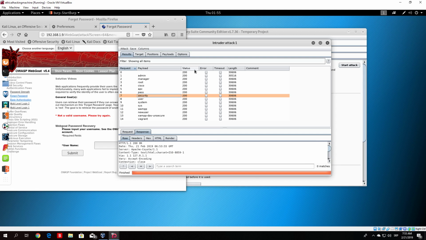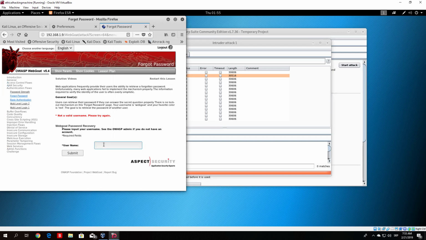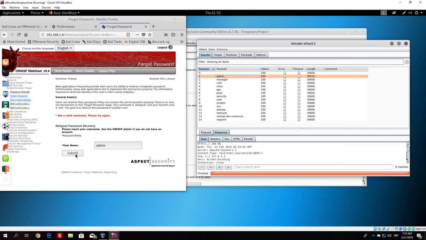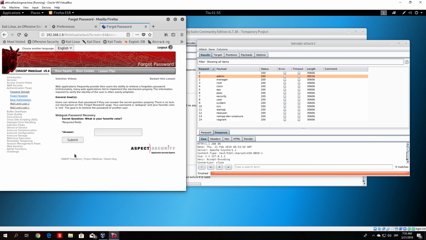It doesn't even matter, so just find the username that has a different length, and if we paste the admin right here, since we can see that admin is the only one with a different length, and we click on submit, we can see that we proceeded to the next step, since that username was a valid username, and now it says